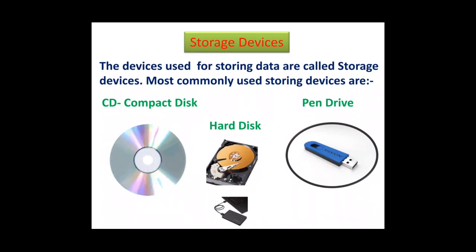Next comes the hard disk. If you have a huge amount of data to save and your computer does not have enough memory, then we can use an additional hard disk. You can see two types of hard disk on the screen. The first one, the little big one, we need to fix inside the CPU box. And the other one, below, is a portable one which you can attach externally.